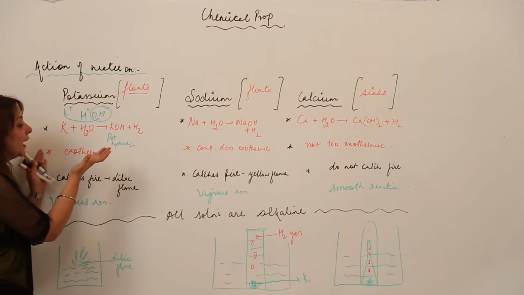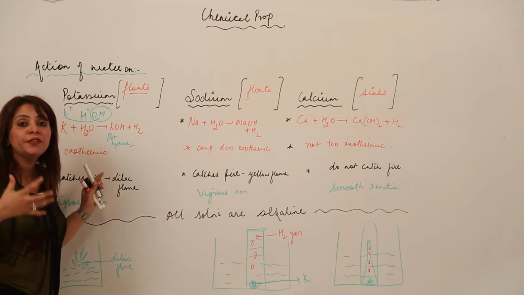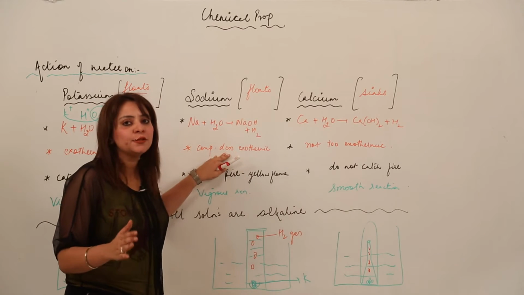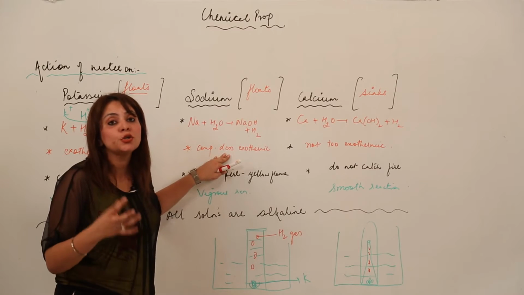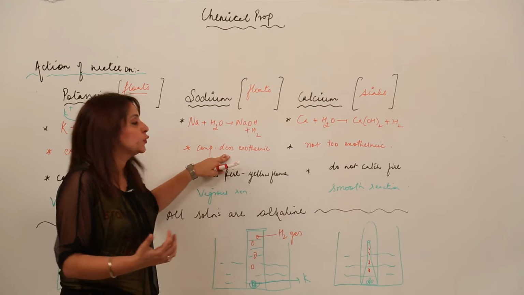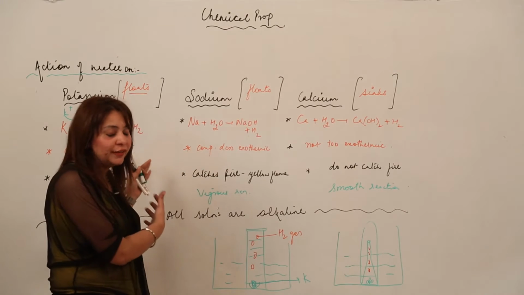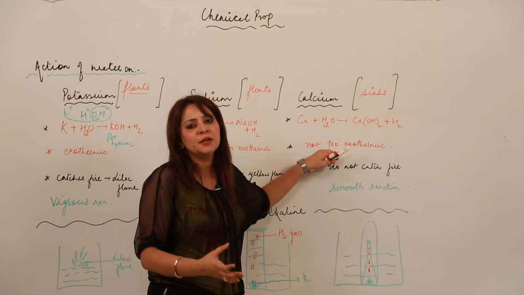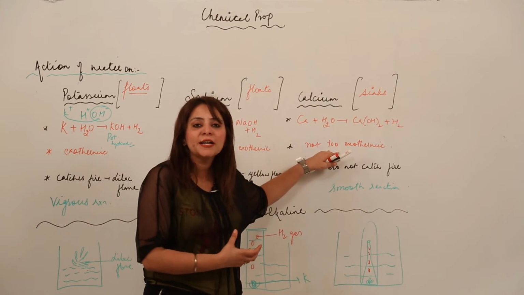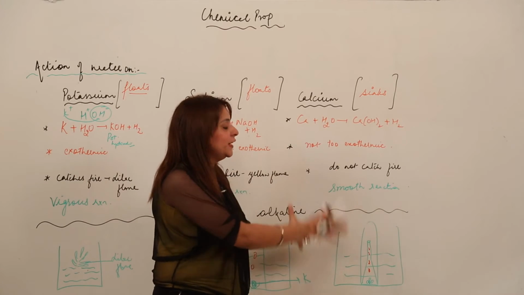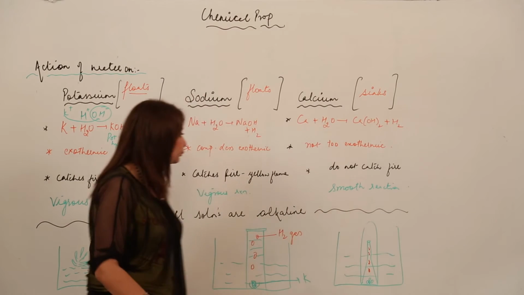This reaction with potassium is highly exothermic, it leads to the production of an excess amount of heat. In the case of sodium, though heat is evolved, comparatively it is not too high, right? It is comparatively less exothermic than the potassium one. And a very little amount of heat is evolved when calcium reacts with water, so you cannot classify this reaction as an exothermic reaction, right?